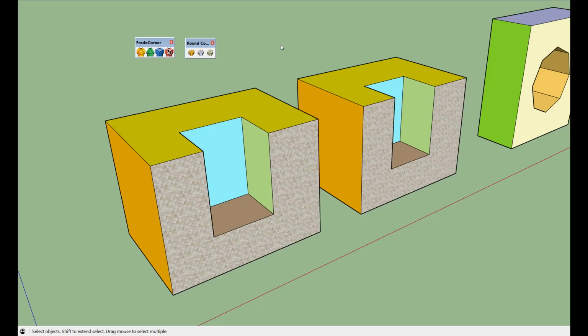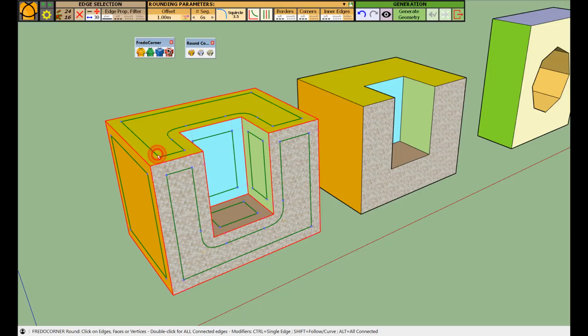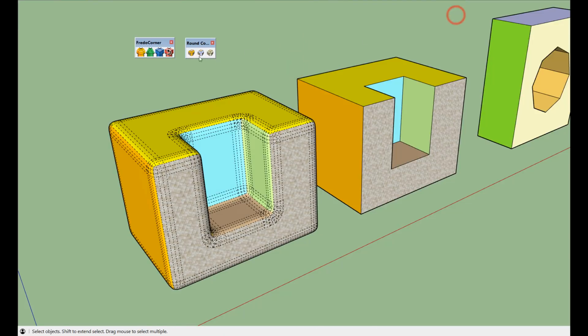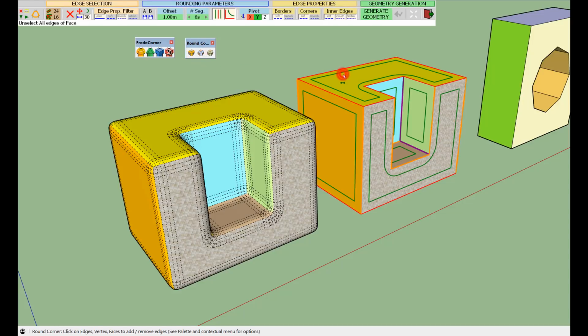The first major difference between Fredo Corner and Round Corner is how the corners are rendered. So let's do this rounding on the same shape here with Fredo Corner and here with Round Corner.